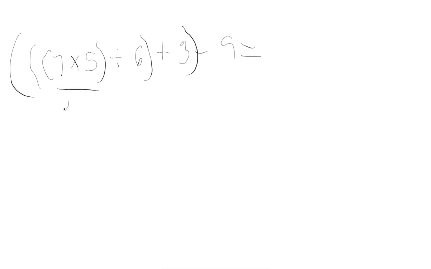So 7 times 5 is 35. 35 is going to be divided by 6 plus 3 minus 9. Now this is going to be a little bit tricky because 6 doesn't go into 35 evenly. So this is where you go off to the side